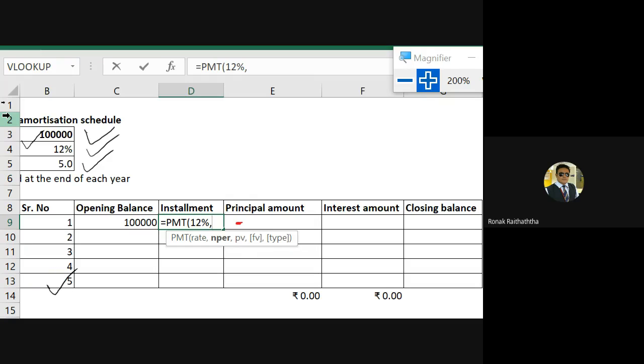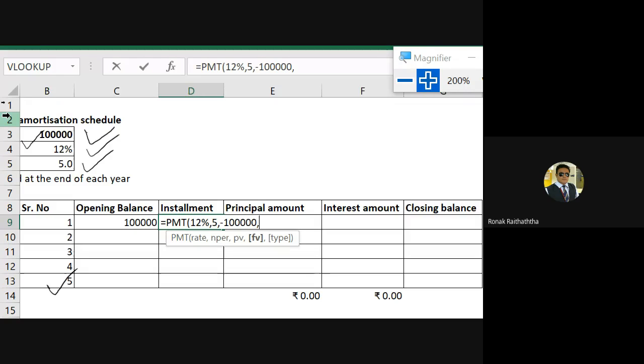Comma. Number of periods, I can link the cell where 5 is written, that is one way. Instead of that, I may just write 5 over there, which will again remain same for all the number of periods, right? Comma. PV is the amount of loan we have taken. Again, I could have linked the cell where 1 lakh rupees is written. But if I'll be copying and pasting, then I need to fix those cells. Rather than that, it's a part of the formula itself, which will remain same in all the formulas. So I can write that 1 lakh rupees as it is as a part of the syntax. 1 lakh,